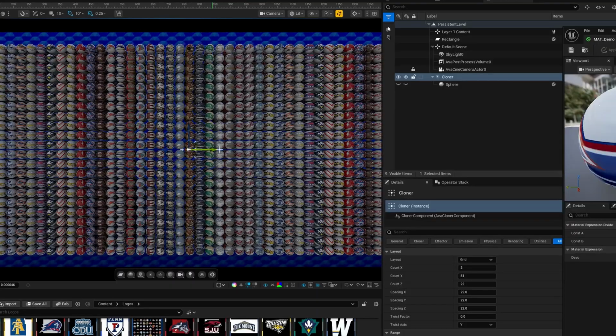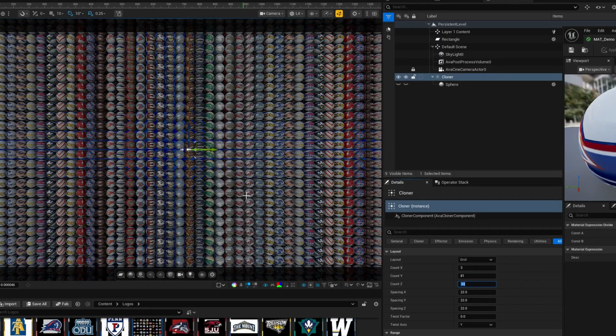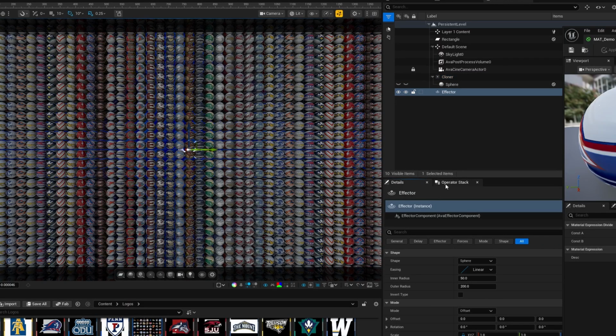And finally, I can go ahead and add a few more rows. Let's say the count Z is going to be 30. And of course, we wanted this to animate a bit, so with our cloner selected, I can scroll down, create a linked effector, and this effector is going to have a shape of unbound, so it affects all the clones. And we are going to use the